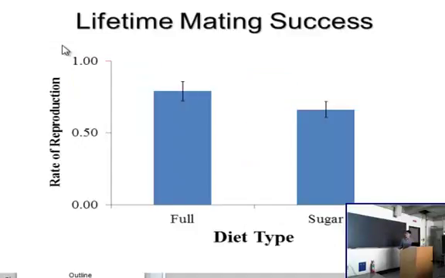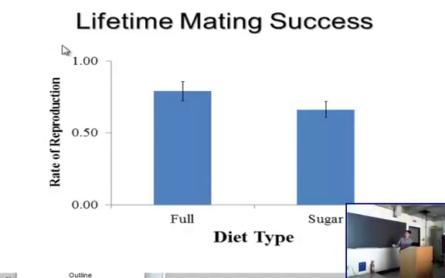What we find when we compare the effects of the diet on the rate of reproduction, by the way, is the proportion of males to actually inseminate that female. We weren't able to actually quantify it because you would have to count the larvae produced by the female, but then you would have a bias of the female's reproductive ability distorting the male's reproductive success. So it was more of a qualitative, a yes or no response.